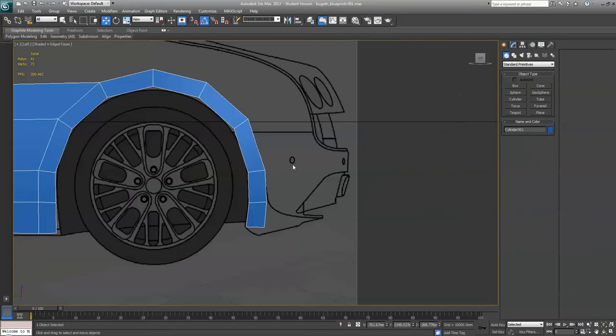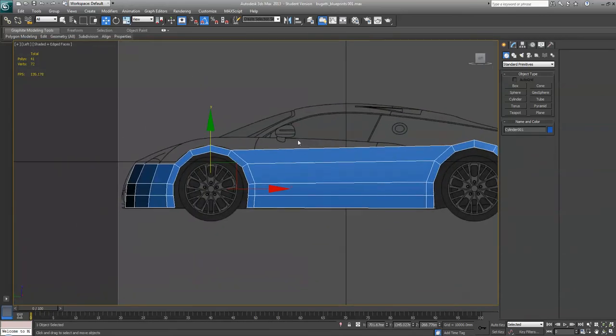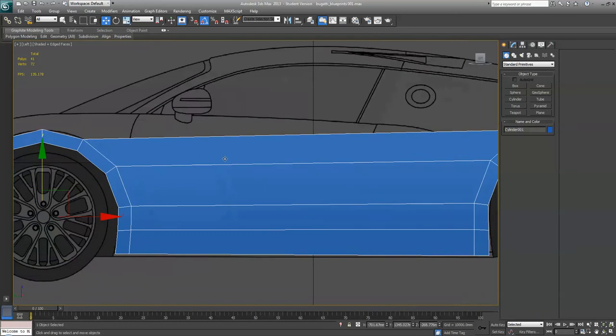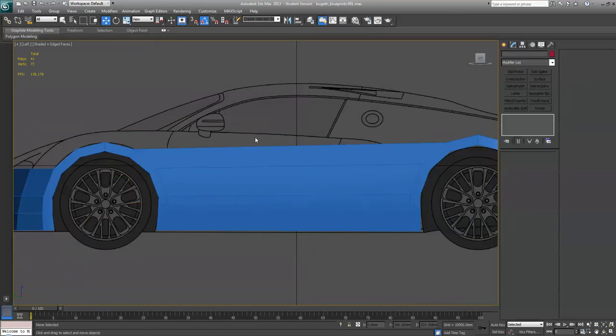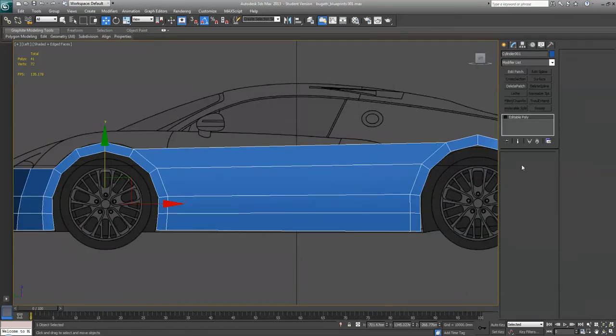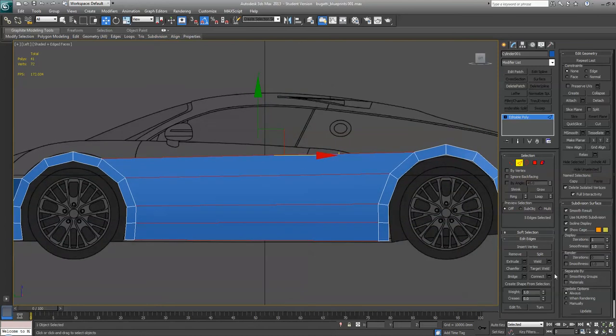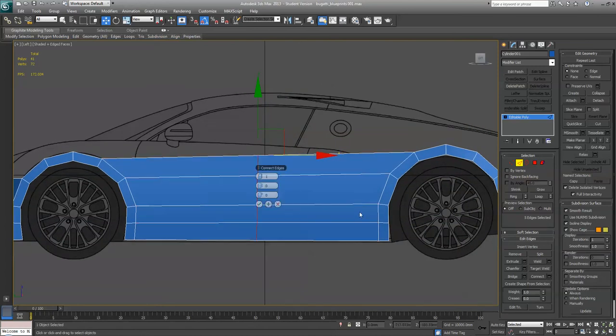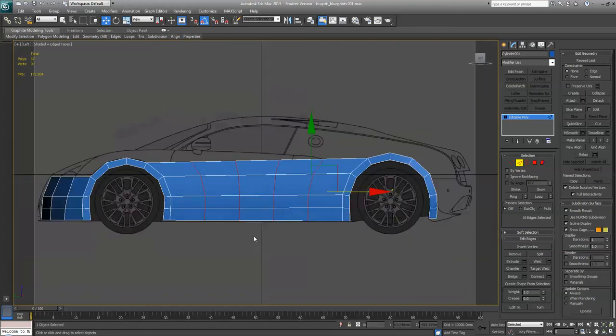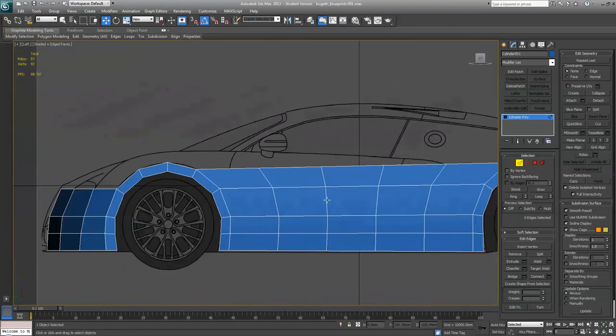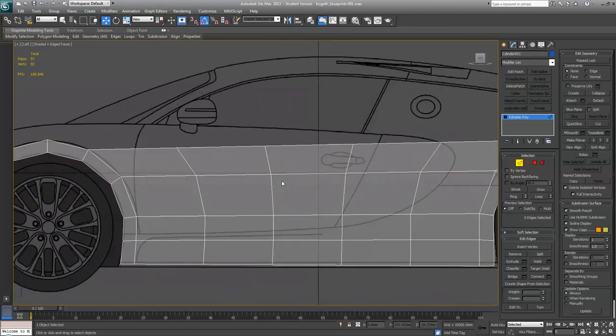So we are getting somewhere here, but let's start adding some edges on here. So add like 4 or 5 of these. Well, let's just keep it simple for now, 4 will be enough. And Alt X, move back,